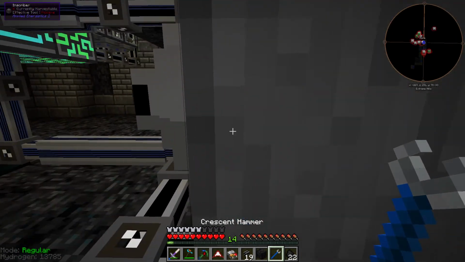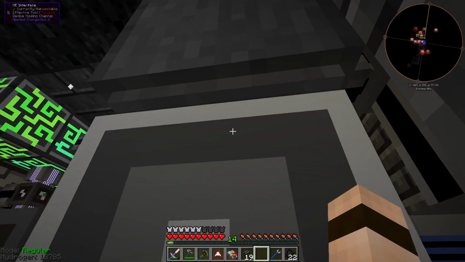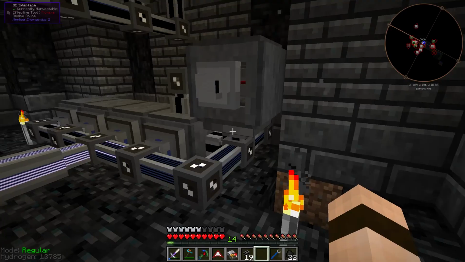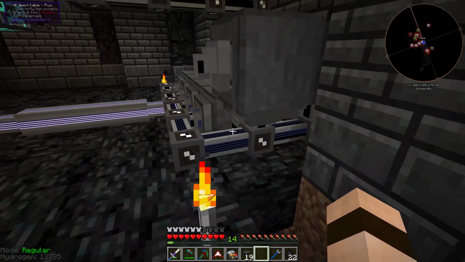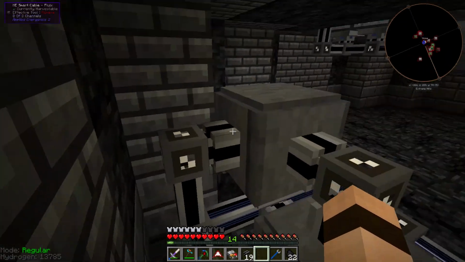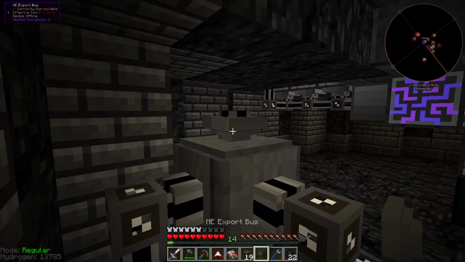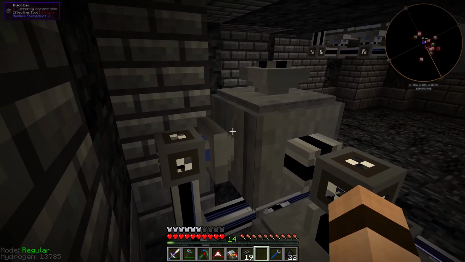And this is where we're actually going to put the thing that we're going to use to craft it. ME interface, there. I'm not going to have to break this, probably. Okay, ME interface, there. And in that ME interface, we're going to either put the logic processors or the calculation processors or anything like that, and they're going to be sent up into this spot. But then we want to make sure that the printed silicon is being put into the top slot with these export buses. Again, that's exporting out of the system and into the machine. And we'll put an export bus there too,